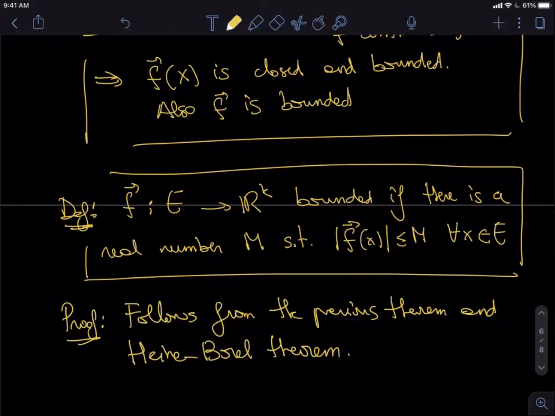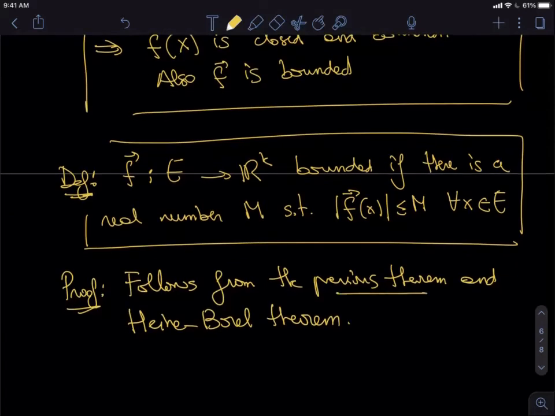The previous theorem is saying that f of X is compact in Rk,